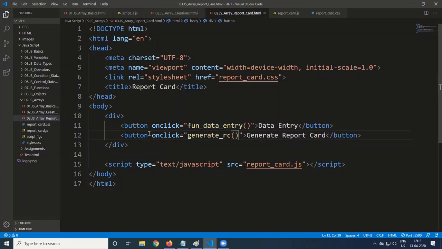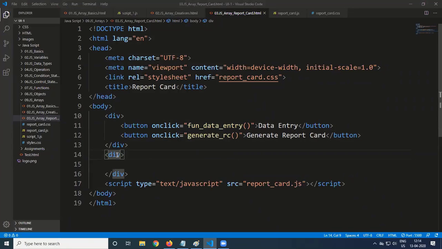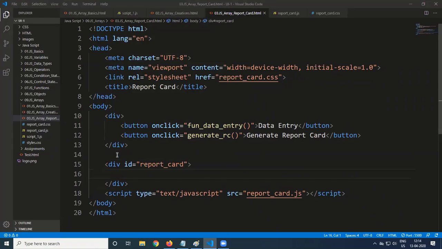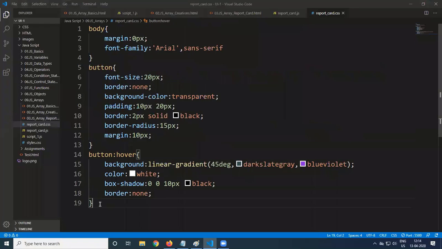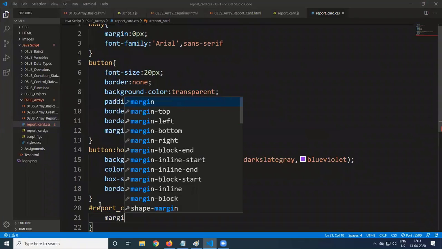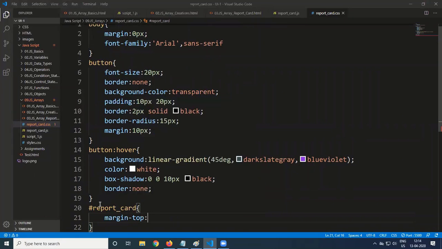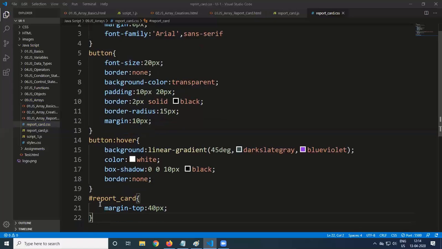Below this division, we have another division with id equal to report_card. So two divisions are there. Inside the CSS, #report_card, we will just provide a margin-top of maybe 40 pixels. No other CSS we are defining there.